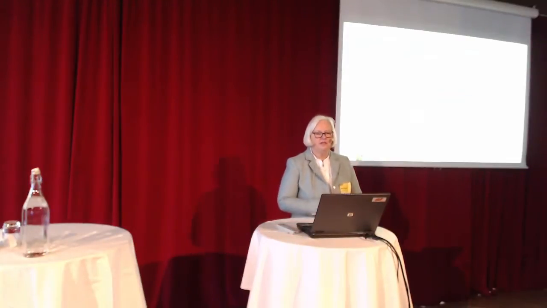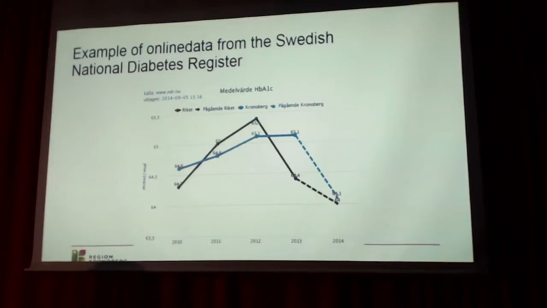This is another example of what we have in Sweden. Sweden has the first national diabetes register. Only Denmark and Norway and some UK initiatives can compete, but we still have the best coverage and the most data that can be used. And actually, any one of you can go into the ndr.se and there's something called the button, knappen, and you can make these curves, and this is